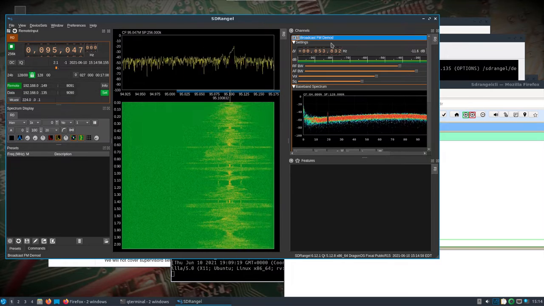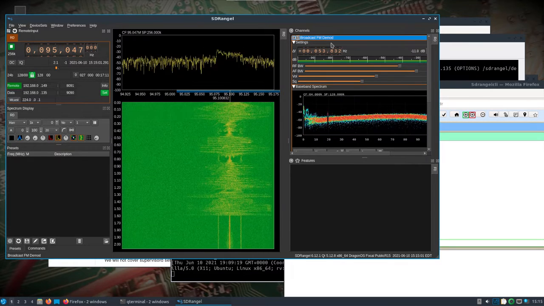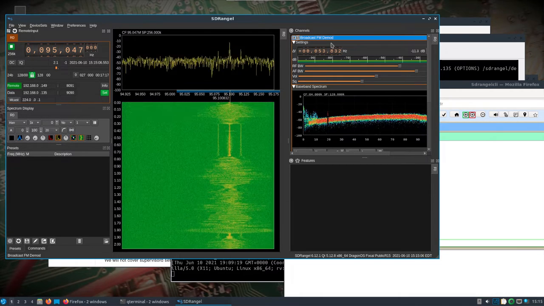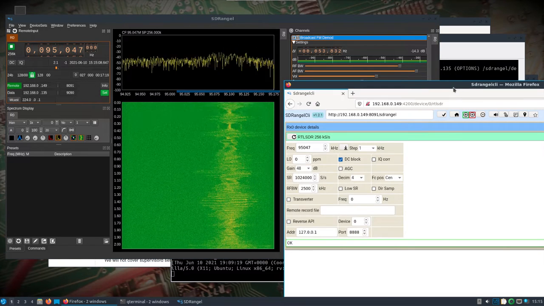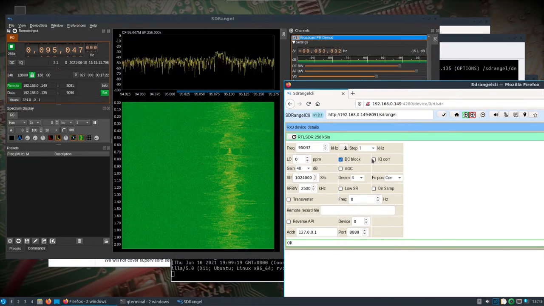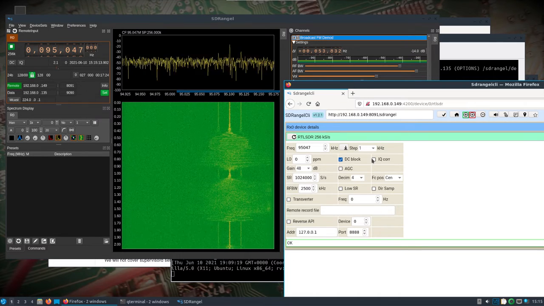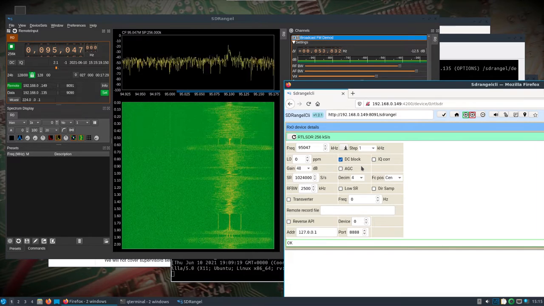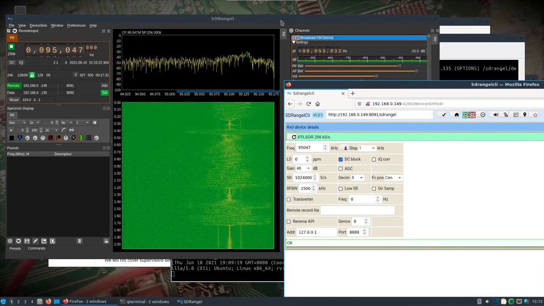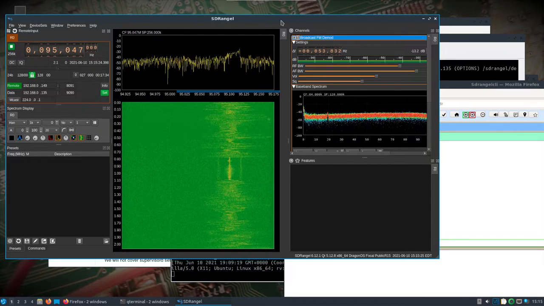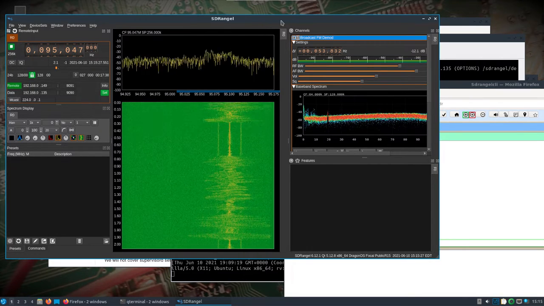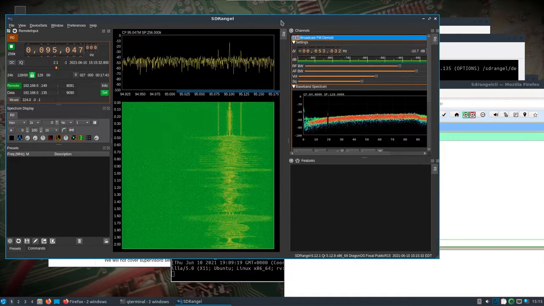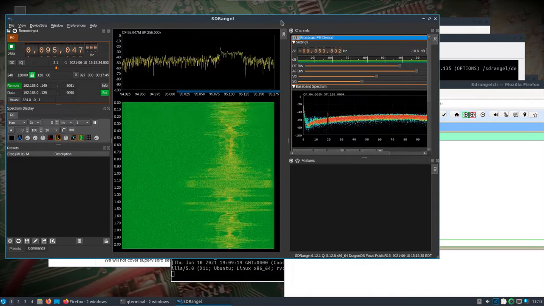So anyways, a little complicated, but that's using DragonOS on both the Pi and a laptop, and really the only thing that needed to be added to the Pi was the SDRangel CLI, just to make it a little easier to configure the server for now. So we'll come back to this. I'll expand on it a little bit more, we'll check out some different channels. We'll probably even try a different radio, maybe a BladeRF or HackRF, or maybe even the SDRplay equipment, using that on the remote end and then sending it back